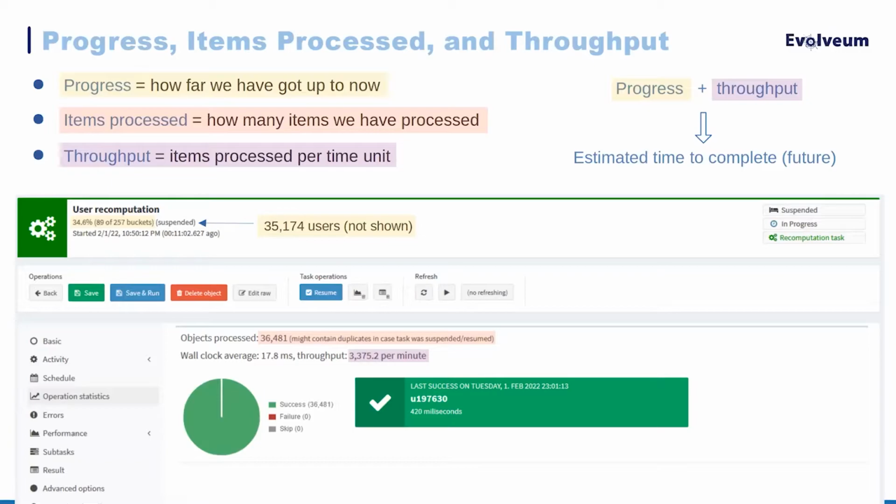The first improvement is that now we have precise measurements of progress, number of items processed, and throughput. The progress tells us how far we have got in the task up to now. So, for example, if we have 100,000 users, we can see that about 35,000 of them have been processed by now. In the UI, the exact number is not shown, but it is known to MidPoint and can be